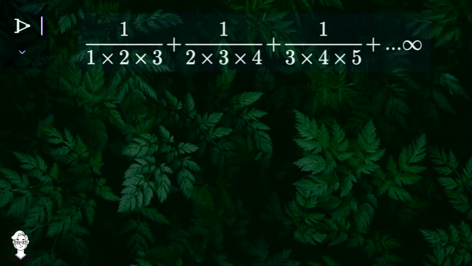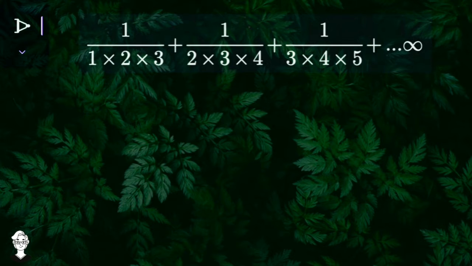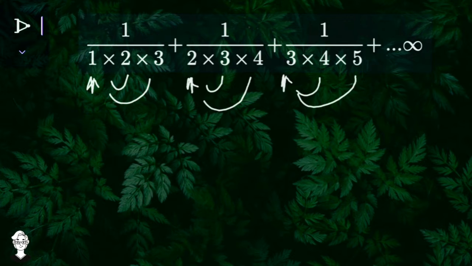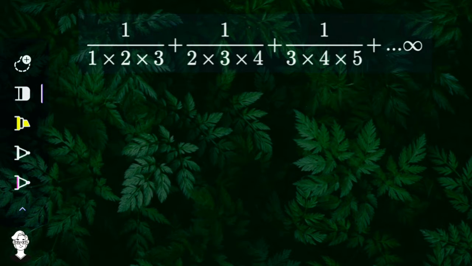So first of all, let us find out a pattern which is present in this series. The pattern I can observe is that take 1, that is the first natural number, add 1 to it, so it's 2, and add 2 to it, so it's 3. Now take the second natural number, that is 2, add 1, that is 3, add 2, that is 4. Similarly over here, the third natural number is 3, add 1 is 4, add 2 is 5. So the pattern is somewhat like this.